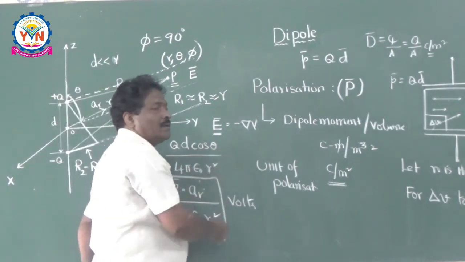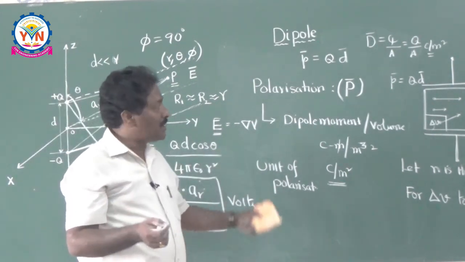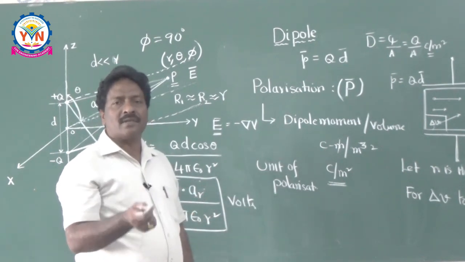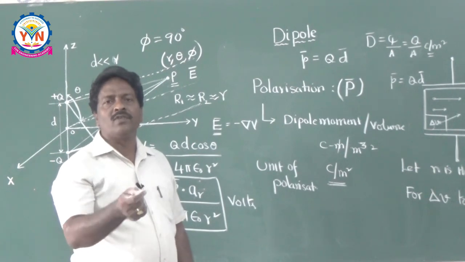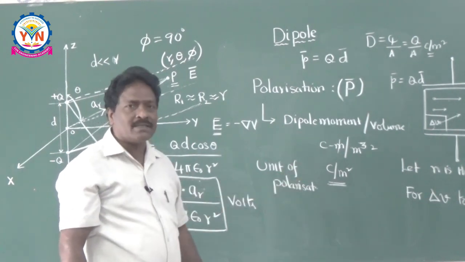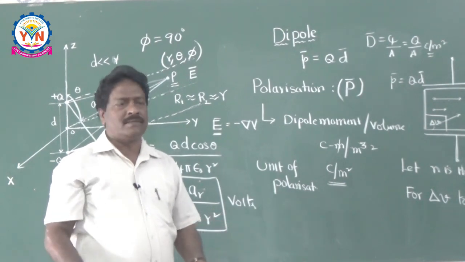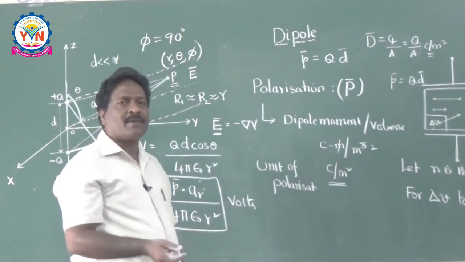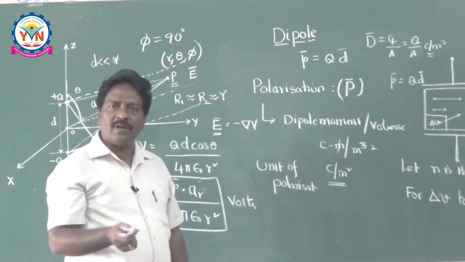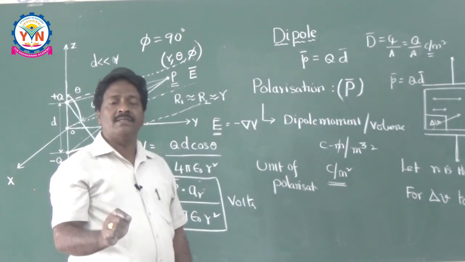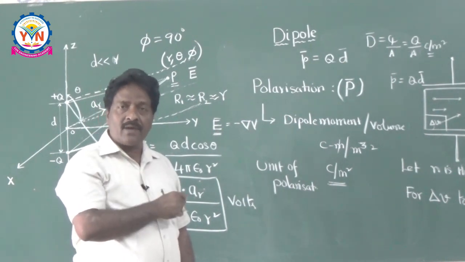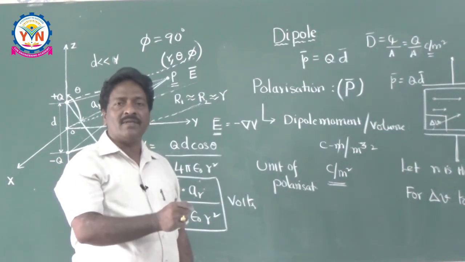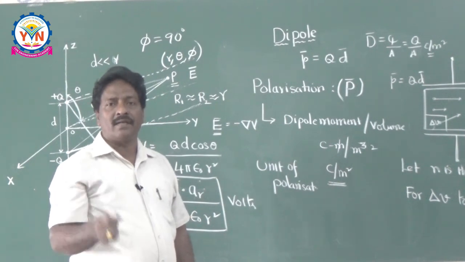And at the last, as these two terms are very, very important, one is the dipole moment and the other polarization. We define dipole moment as the product of one of the charges and the distance between the two charges. Its unit is Coulomb meter. Whereas polarization is dipole moment per unit volume, that is Coulomb per meter square. So I hope you understood the concept of dipole and the definitions of dipole moment and polarization. It is very essential to attack the problems in the area of dipoles and to answer your queries, both in your university examinations as well as in your competitive and GATE examinations.